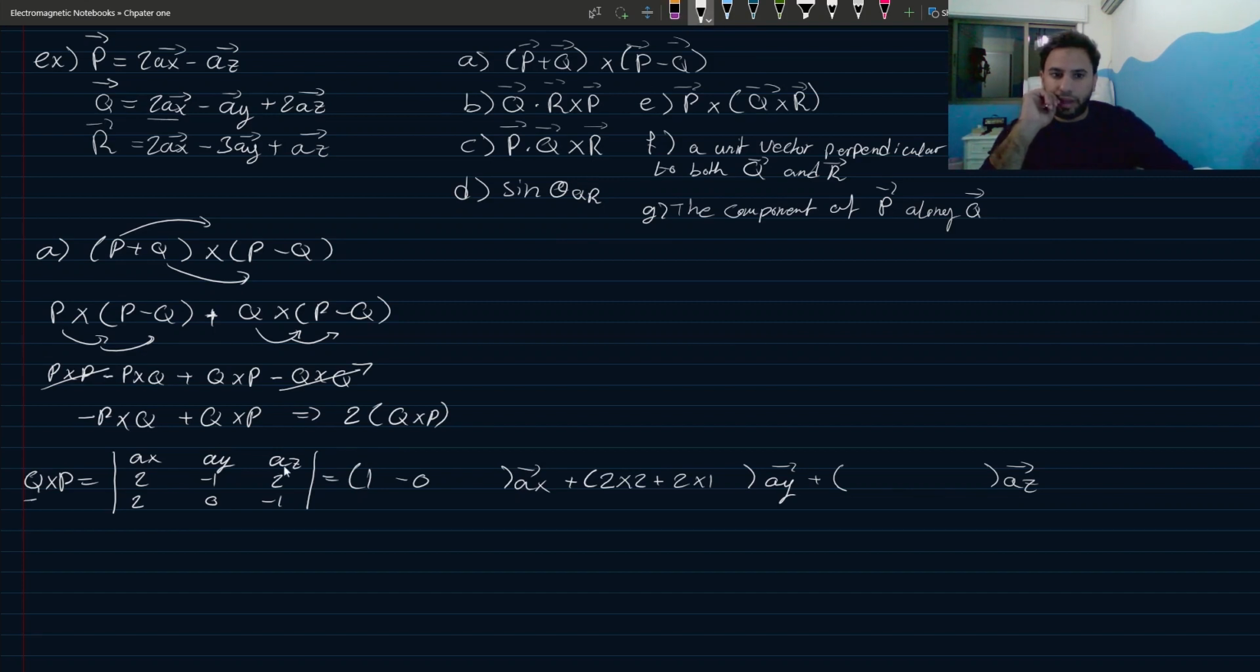And then we say AZ, we find AZ, we cross it horizontally and vertically, and we move on to the right, which is 2. And then we multiply it diagonally, which is 2 times 0, multiplied by minus 1 times 2, minus plus 1 times 2. And this is equal to 1 minus 0 is AX. Plus 2 times 2 is 4, plus 2 times 1 is 2, so plus